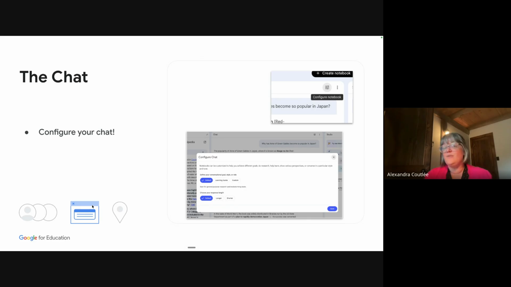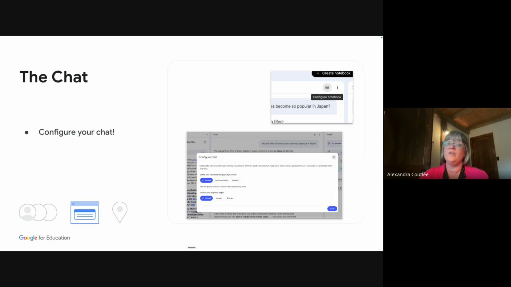The other thing is you can actually customize or configure your chat. You can go in, and usually it's the default mode, and that's probably every person I know has used the chat and used the default mode at some point, because that's the one that's default. But you might want to switch it around, and there are two options. The first one is called Learning Guide. If you set it up as the Learning Guide, it will become kind of a coach or tutor where it asks you questions instead of just giving you the answer.